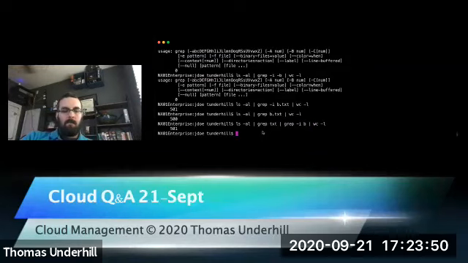Okay. So I can chain as many of these together. I can first search for text, and then I can ignore certain text. Or I can ignore first, and then search for another string afterwards. Eventually you can get to the point where you can find specific text inside files using grep without even opening the file. So you can do a find on all the files in a directory, send the output to grep and have it